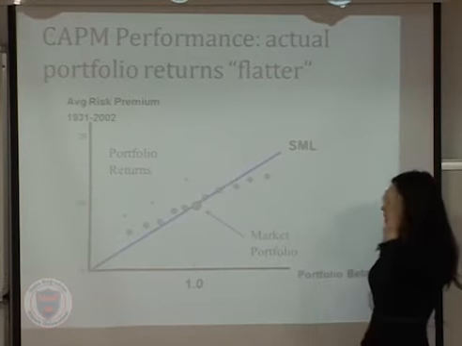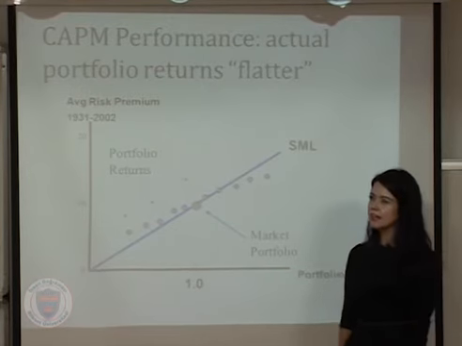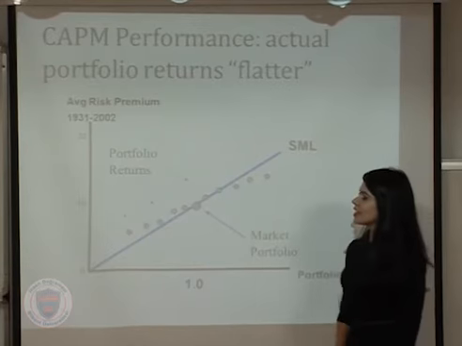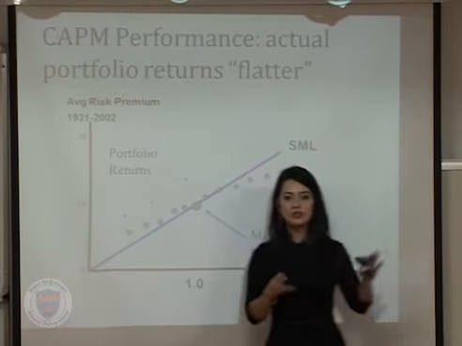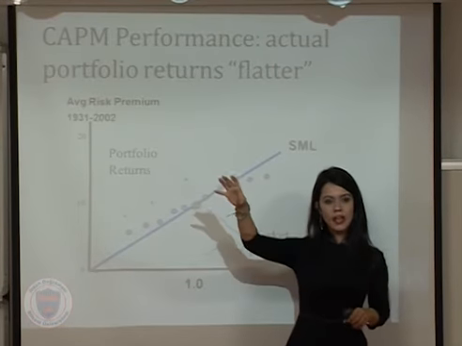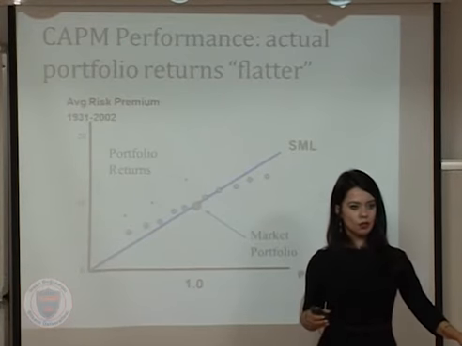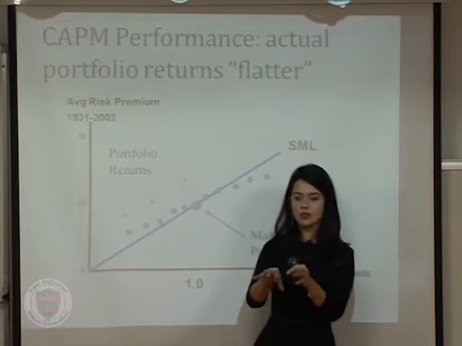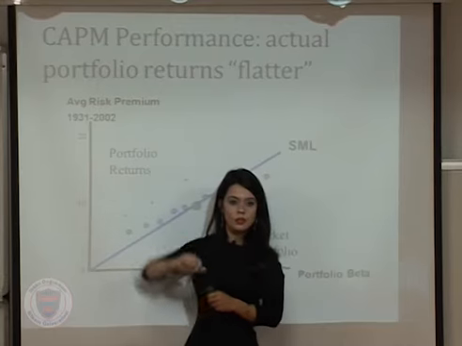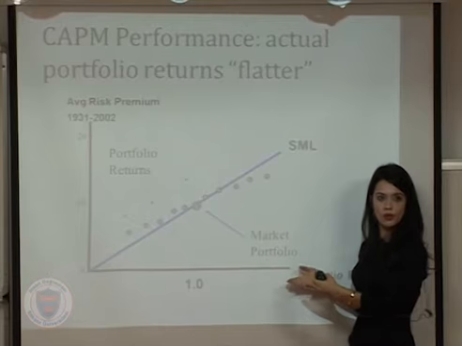Let's say you have 10 great-great-uncles, and in 1931, they formed 10 different portfolios with different betas. The oldest uncle had the high beta portfolio. The youngest uncle got the low beta portfolio, okay? And they invested in those portfolios. And then in 2002, we were curious about how returns changed according to their portfolios.